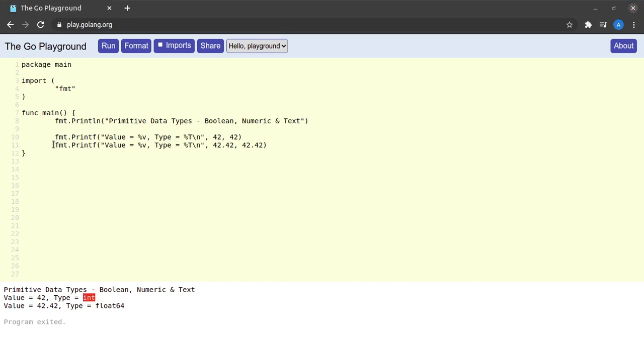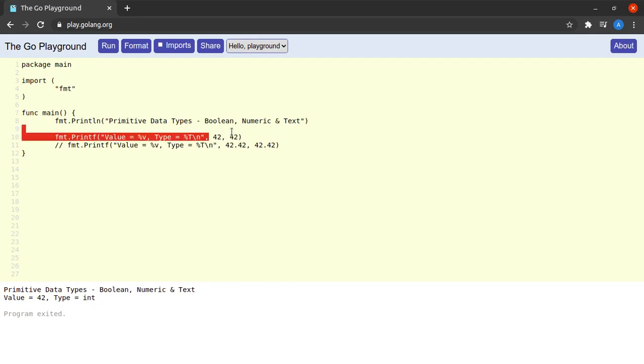So for the time being, I'll comment this part of the code and we'll base our discussion only on the integer type. So what you're seeing on the screen right now, this 42 is your default signed integer type. And the special thing to note about this integer type is that it has an unspecified size, which means that the size of this default signed integer type depends on the platform on which we are running our Go program. The minimum size allowed for such an integer is 32 bits, but it can also go to 64 as well as 128 bits on certain systems.